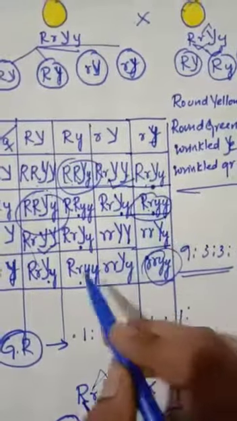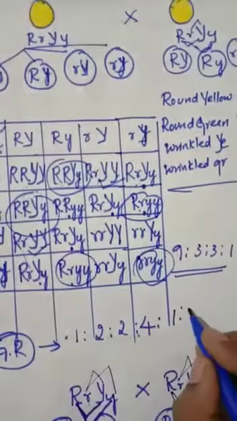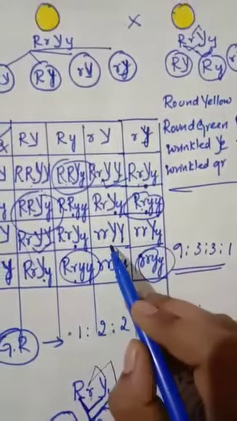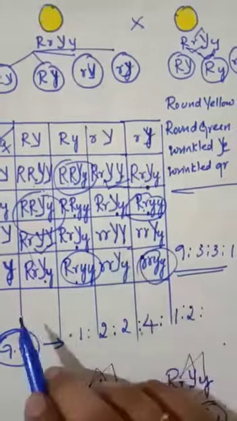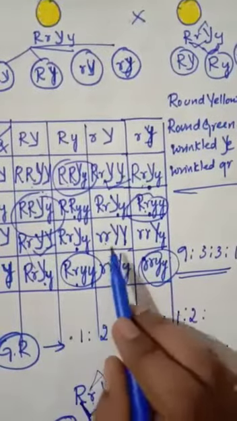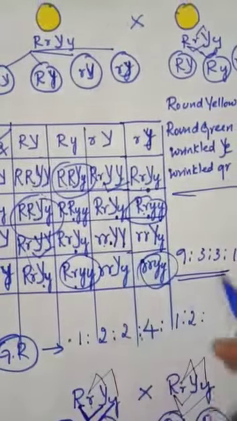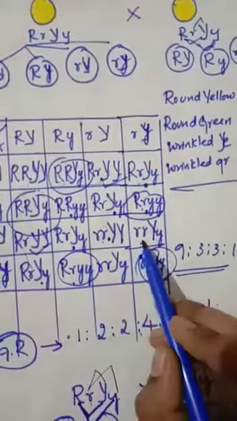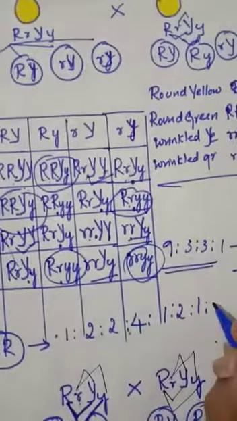You can notice here. Okay. Next like this, 1, 2. 1 is there. So only 1 is there. So now you can see this one. This one is similar, totally 2. And here only 1. So this one is a genotypic ratio.